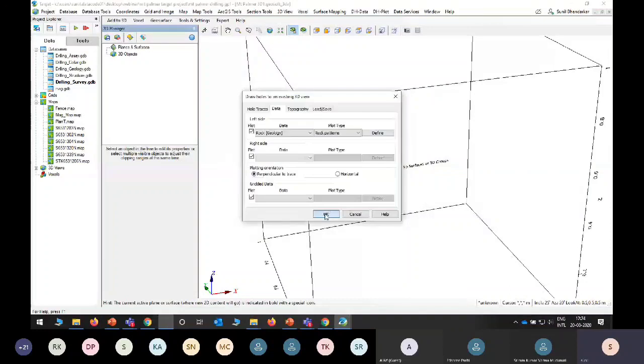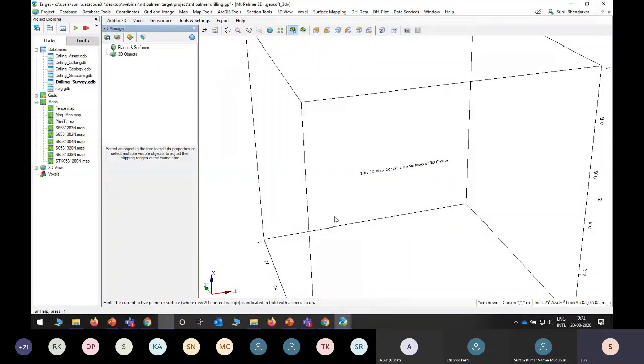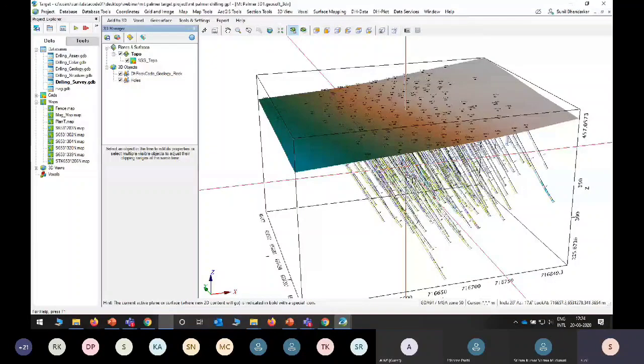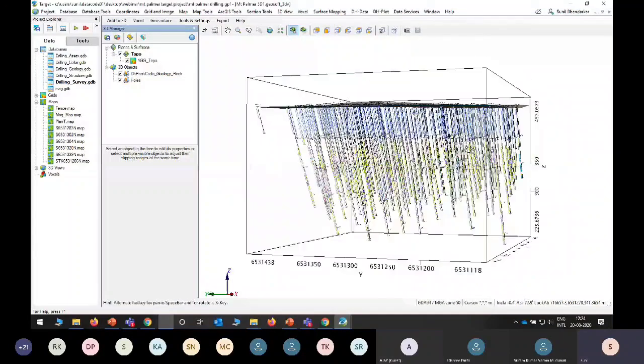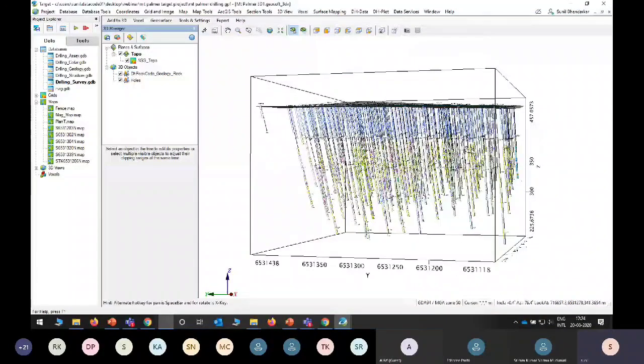Now you can see the borehole with the topography in 3D view, and it is freely rotatable.